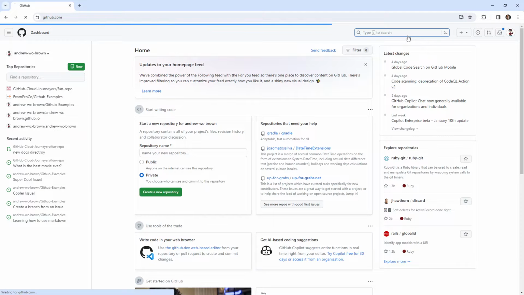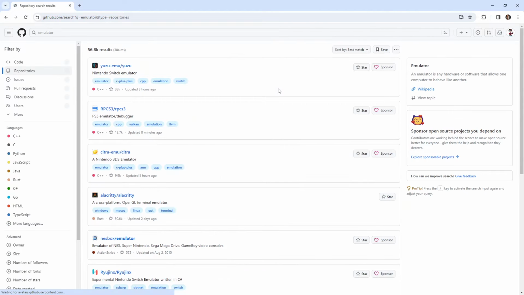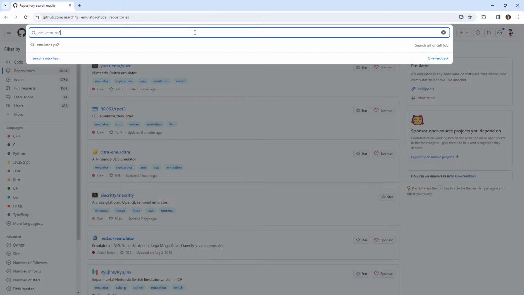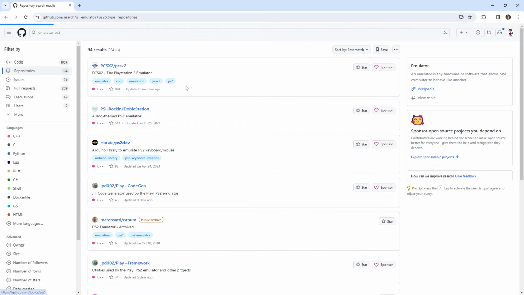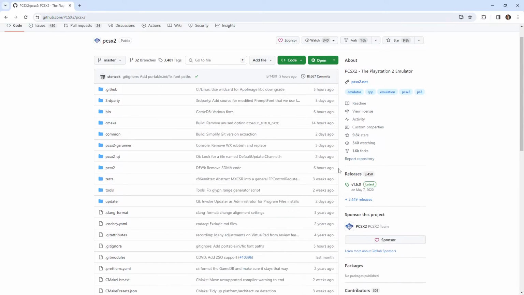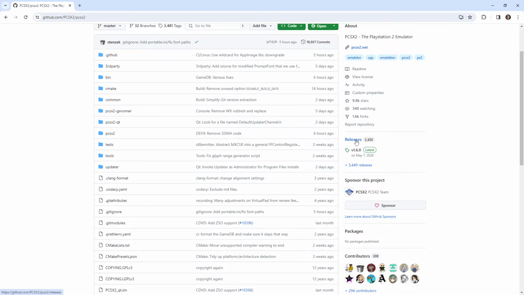So I'm just typing emulator in here. I'm just looking for one. Here's a Nintendo Switch emulator, or maybe PS2. I'd rather do PS2. I feel like they might have good information about changes, like PCSX2. And on the right hand side, you can see we have releases. And if we open up the releases,